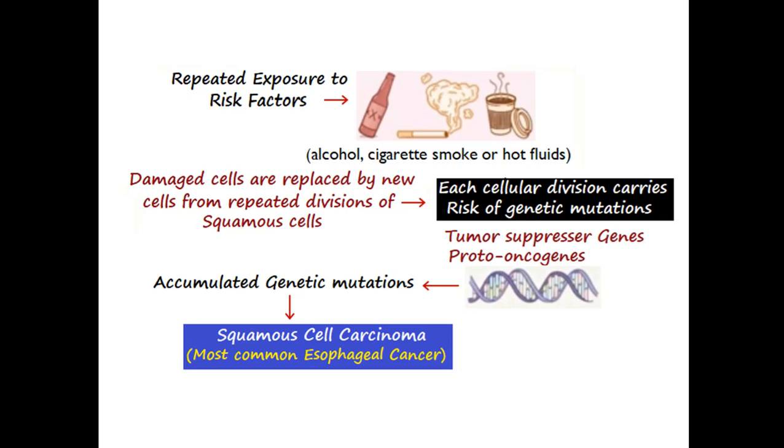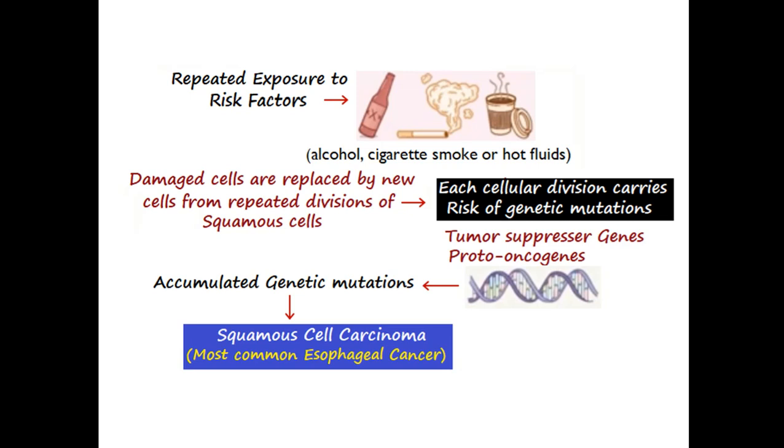So what happens is that when the cells in the esophageal mucosa are damaged, either by alcohol, cigarette smoke, hot fluids, corrosive oils, or any disease, these damaged cells which are lost will be replaced by new cells formed by repeated divisions of the squamous epithelial cells. Now, when the squamous epithelial cells divide to form new cells and replace the lost cells due to various damages, each time the cells divide,